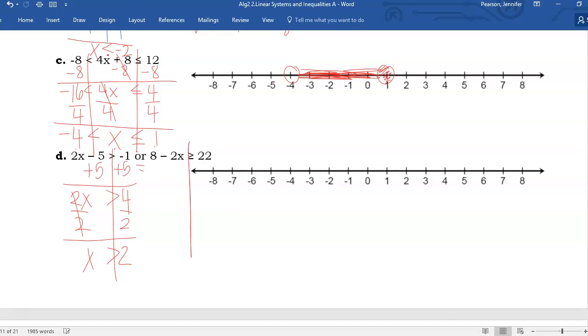I'm going to do the second one. We're going to subtract 8 from each side. -2x is greater than or equal to, what was that, 14? And then we will divide by -2 on each side. And this is where we have to remember, I'm dividing by a negative value. When I divide by a negative value, my inequality is going to flip over. It's going to switch from a greater than to a less than. So I have x less than or equal to